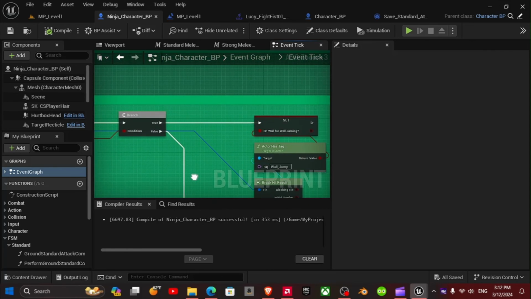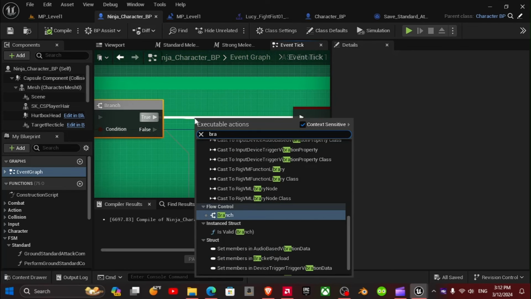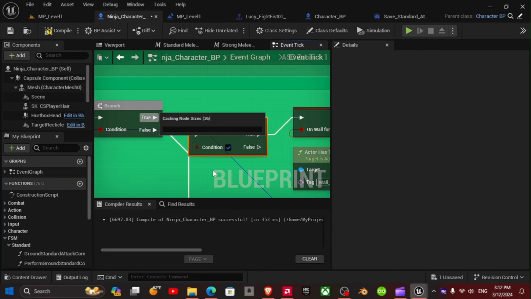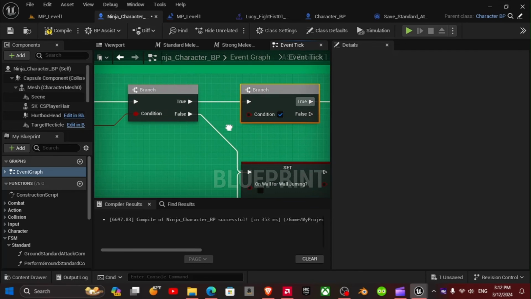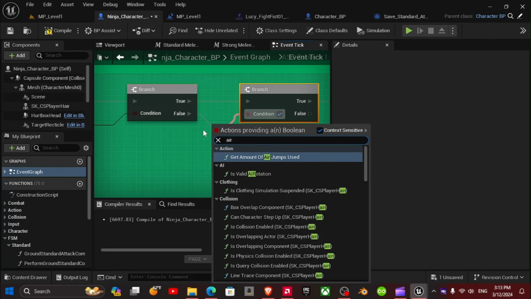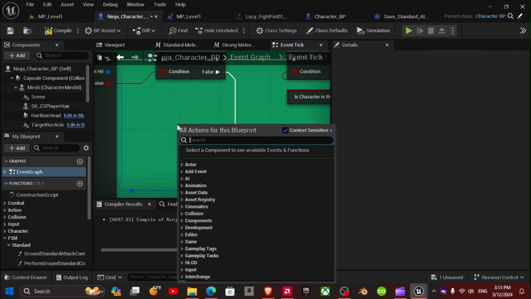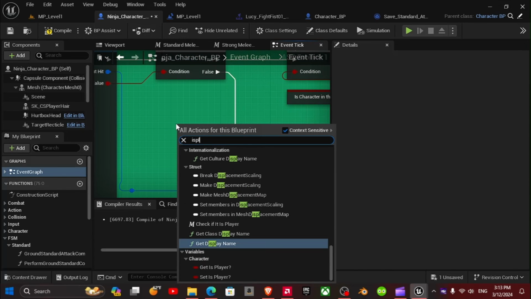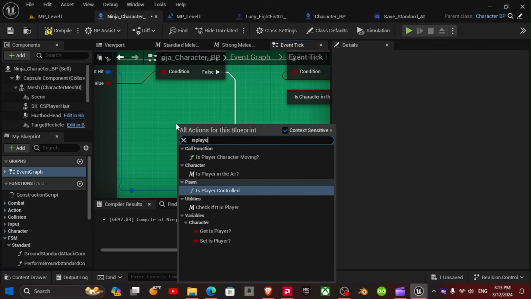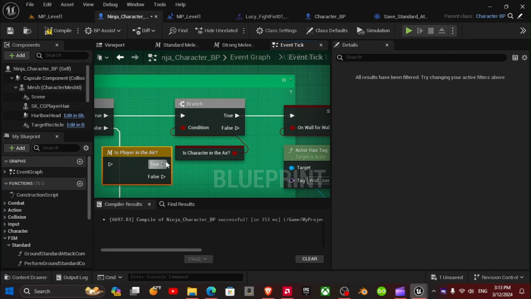Okay, so what we need to do is bring out a branch. And then from here, we need to determine if the character is in the air. Or we can use this. Yeah, this one's actually much better.